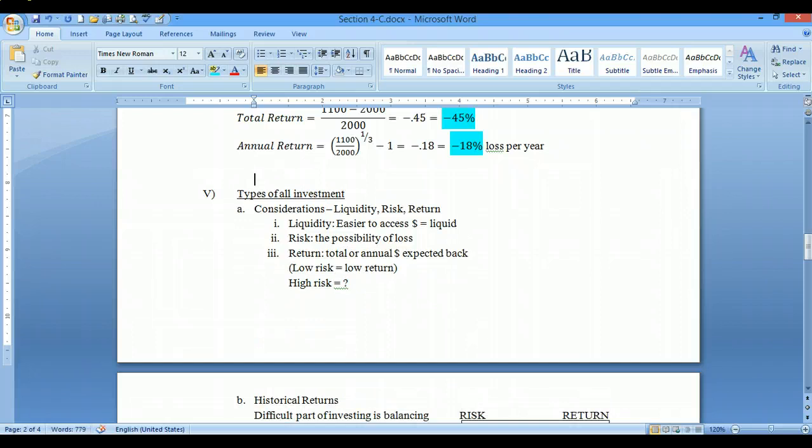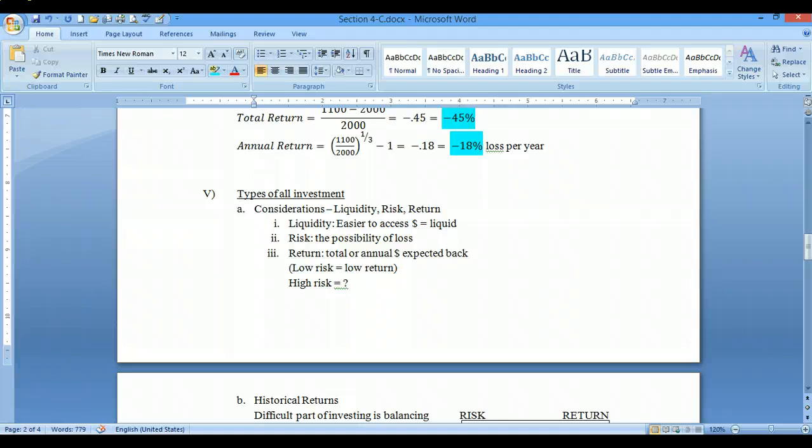There are different considerations to take into account when we're looking at an investment: the liquidity, the risk, and the return. Liquidity is how easy it is to access the money. The easier it is, the more liquid it is. The risk is the possibility of loss of your money, and the return is the total or annual money expected